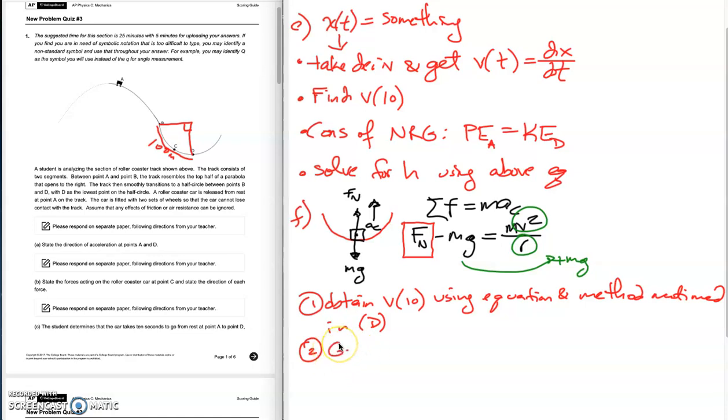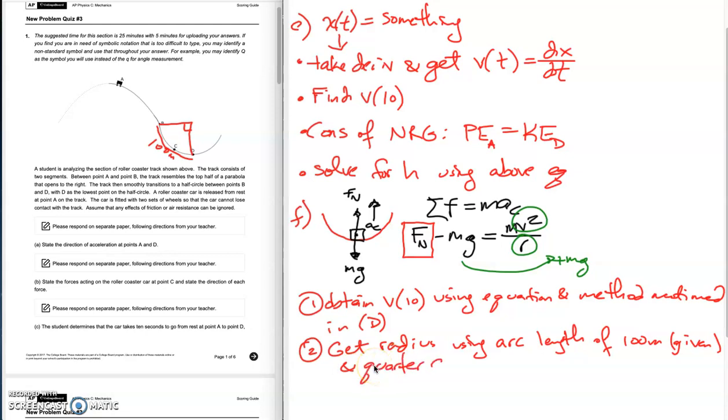So we need to get radius using arc length of 100 meters that's given, and the quarter circle from B to D, which is going to be pi over 2. So we're going to get the radius using that, we're going to get the velocity using that, and then the last step is going to